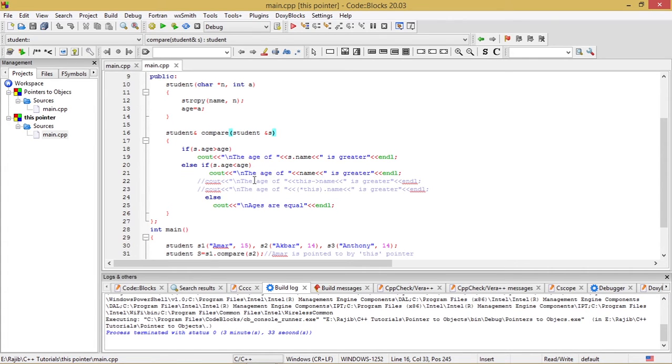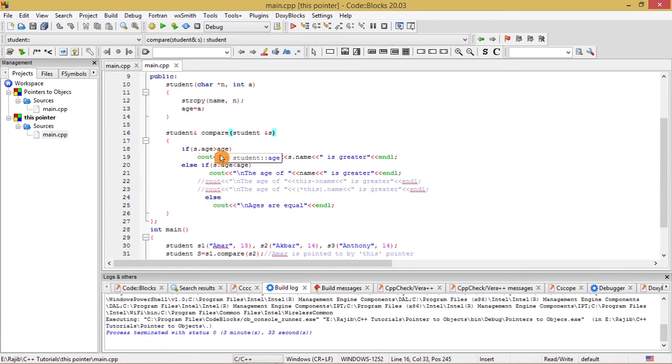Here s.age is the age of the student supplied as a parameter to this function. So what is this age? This age is the age of the object by the help of which we invoke the function, the calling object.